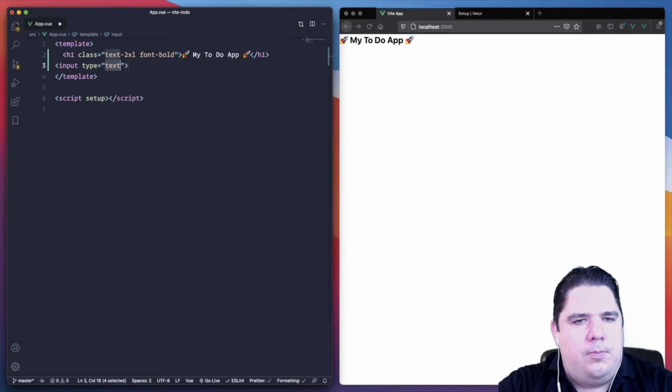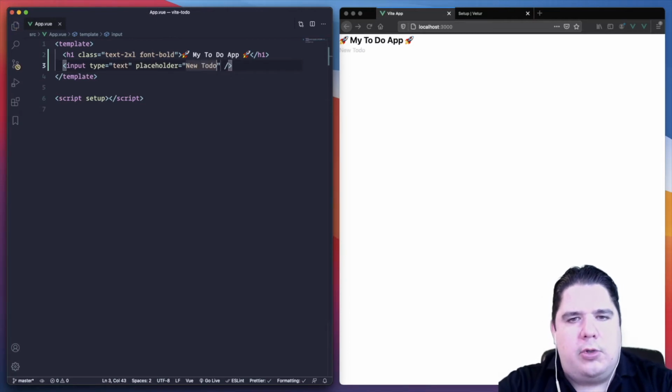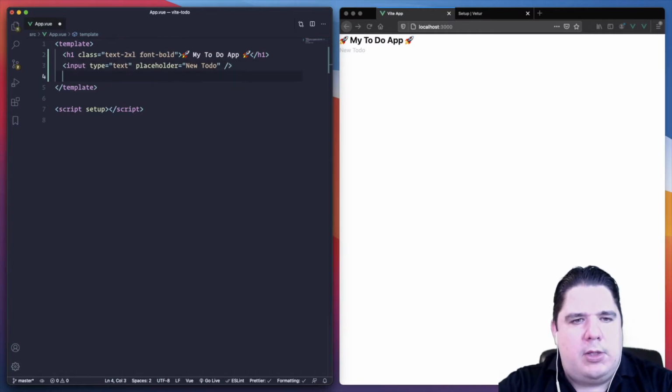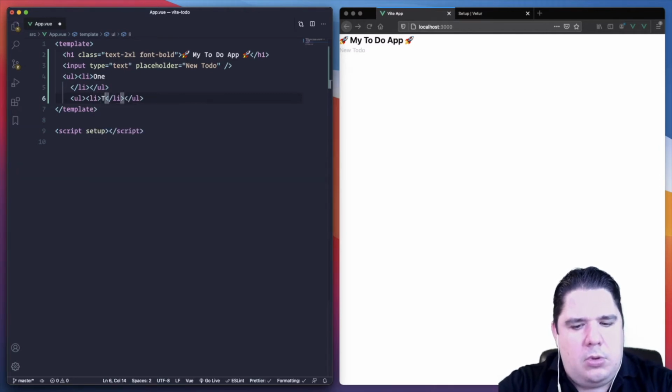Input right here. In this, put a placeholder of "new to do", where we want to put the new to do there. I will not create the button, I don't want it. And we have a couple of lists. And the first list is going to be my pending items, and my second list is going to be my